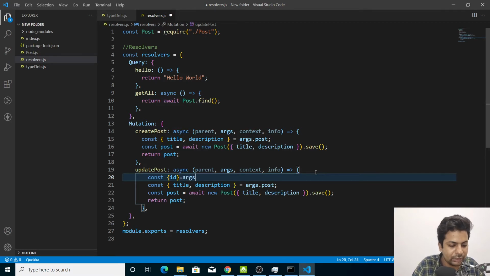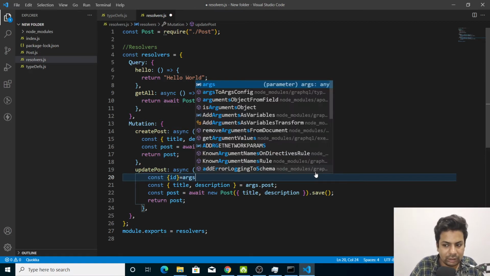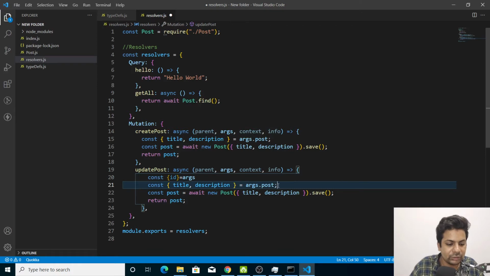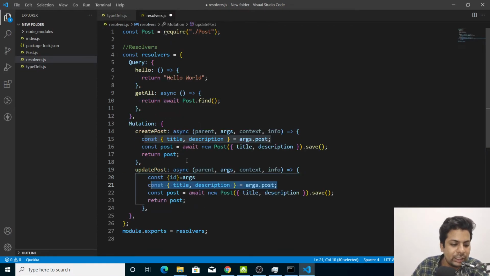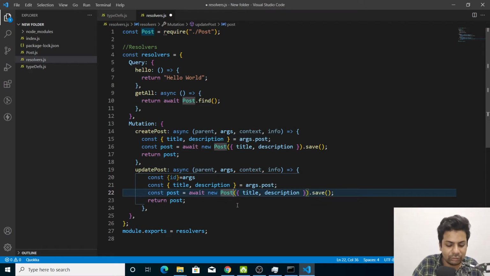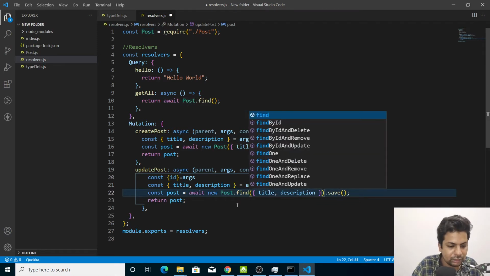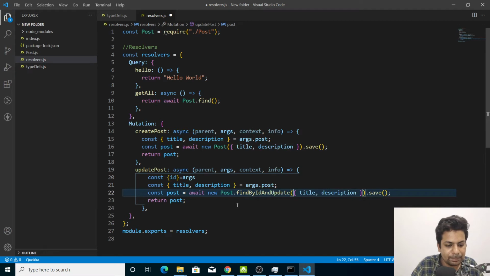We can just grab it from the arguments args, and title, description from the arguments dot post. The argument dot post will get the ID post. Then we'll say const await new post title comma description. We have to post and we have to update it now, so we'll say find by ID and update.